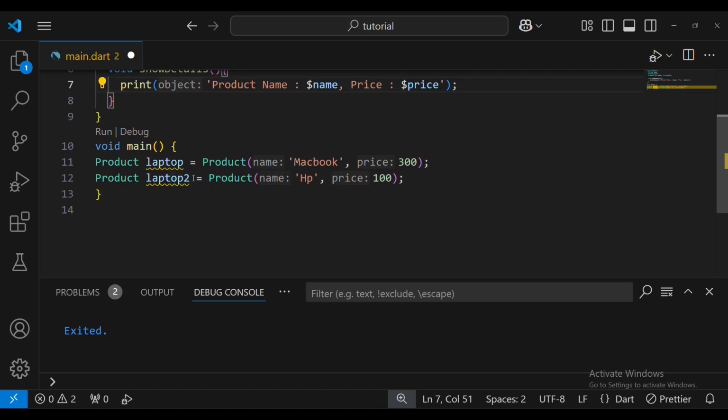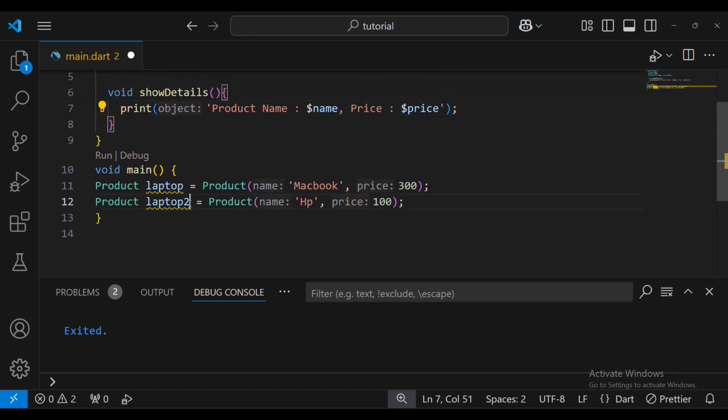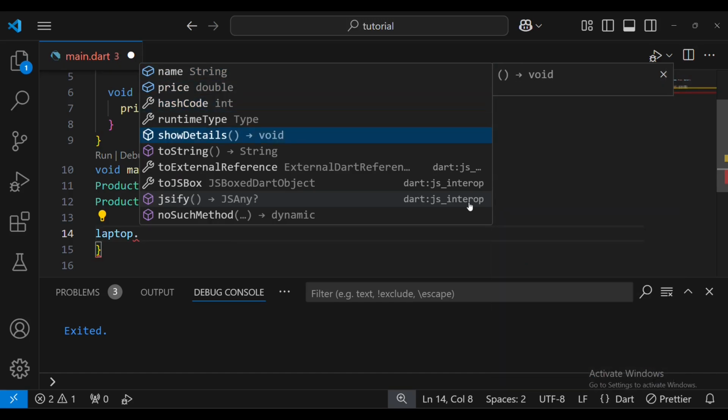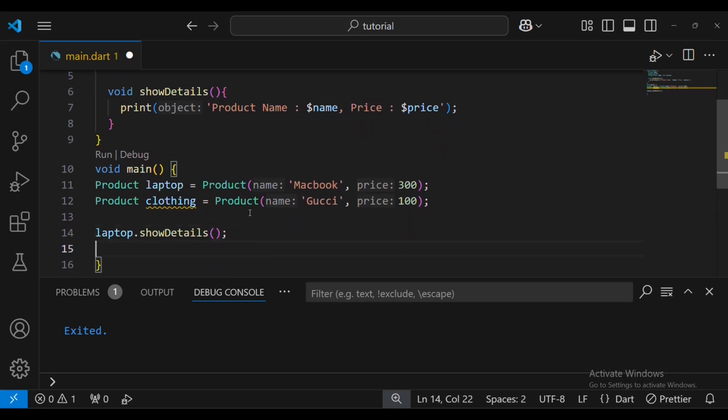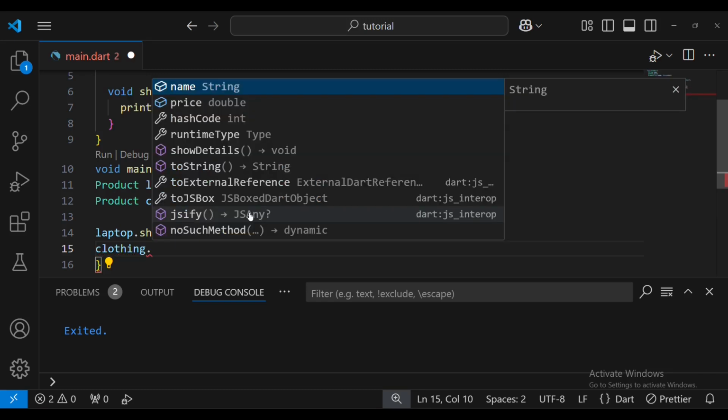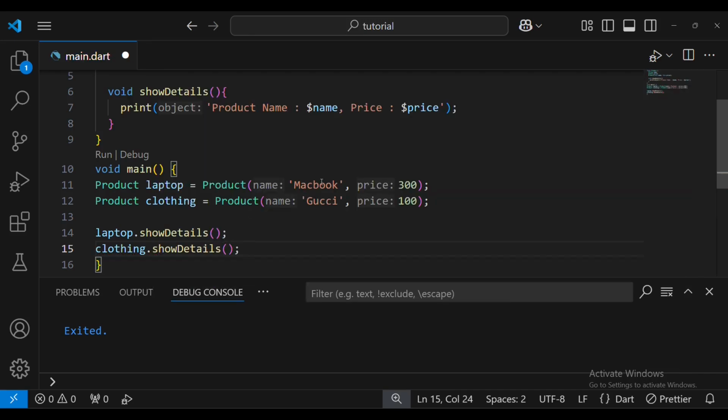So let's change this from laptop 2 to, let's call this clothing. And we're just going to call this Gucci, and the price is $100. So now we can come here and we can say laptop dot show details in order to access the method in this product. And also we can come here and say clothing dot show details. And if we run this now,